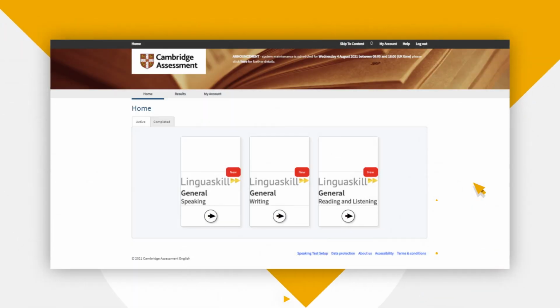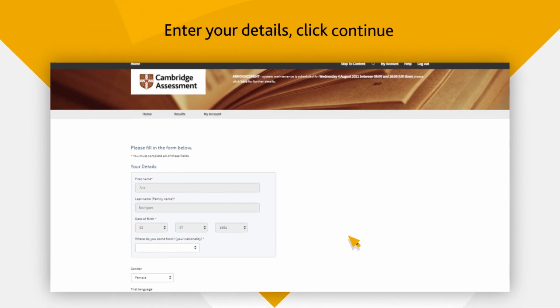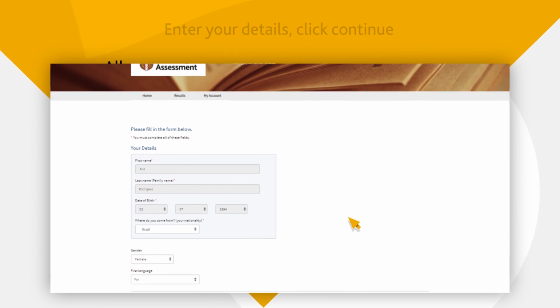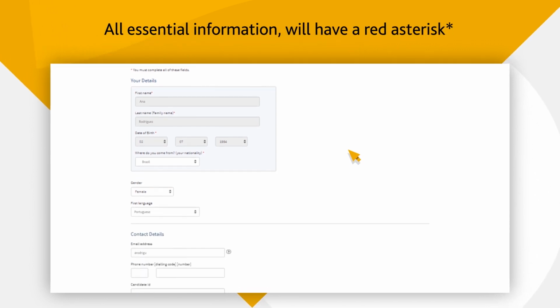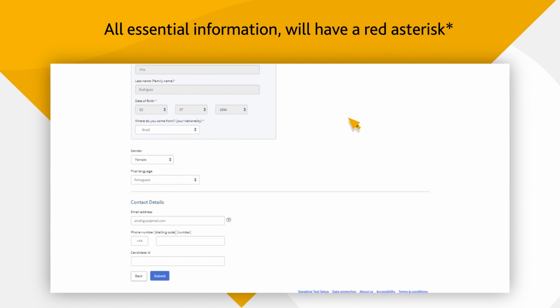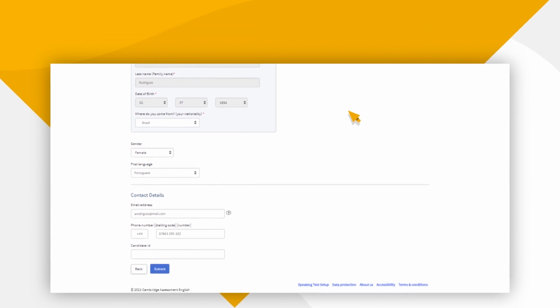For this guidance, we are following the journey for the listening and reading test. Once you click on this test, you will be asked to enter some information about yourself. All essential information will have a red asterisk next to it to show that it's compulsory. When all the compulsory information has been entered, click on the blue Submit button to go through to the next